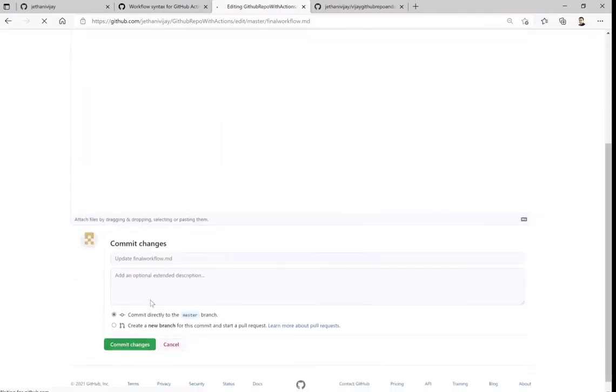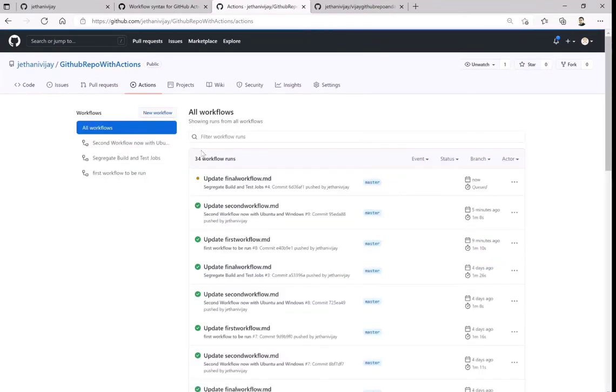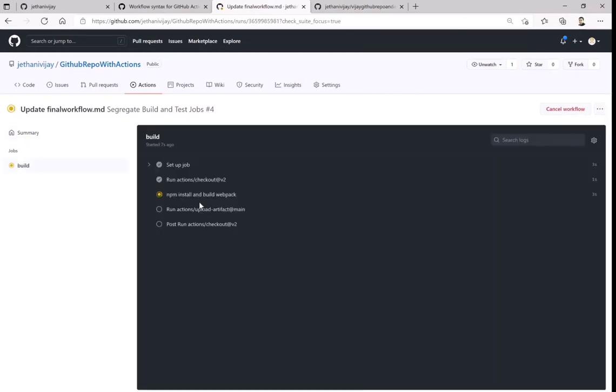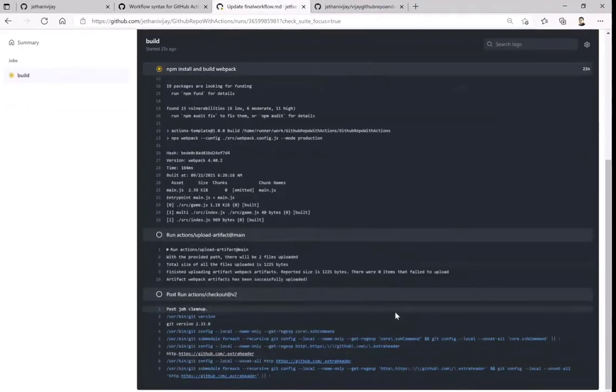Okay, so with that workflow, going back to the Actions tab, I'm running my final workflow. Now if you see, both are not running; it is waiting on a pending job. That means, as I've already told, it should run in a sequence. So it is going through that sequence where it builds first, and it will upload that as an artifact, and then I carry on with my test cases, which should run on Ubuntu and Windows, as I've shown you as part of that JavaScript file.